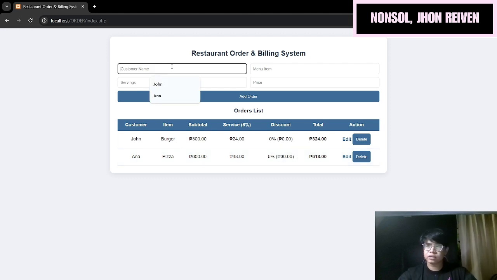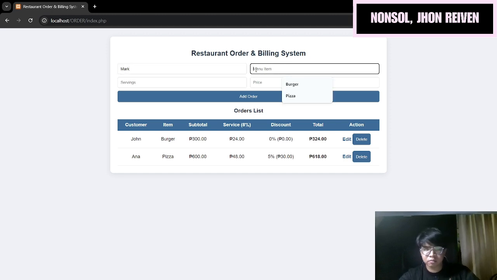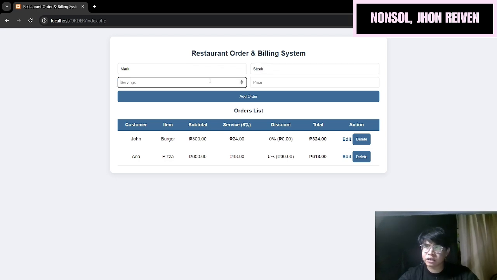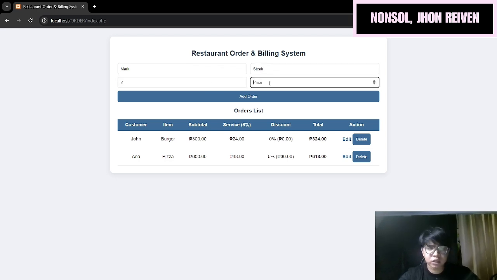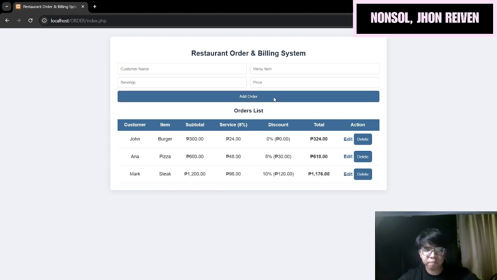Okay, so next, test case number 3, we do mark, and the menu item is steak, and the servings are 2, and the price is 600. So again, we click the add order. So with that, as we can see,